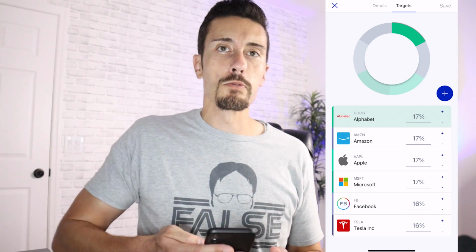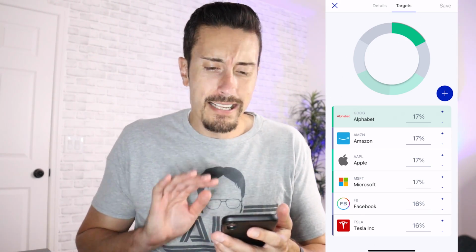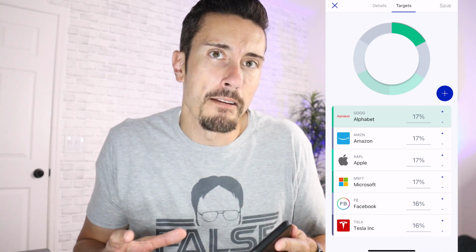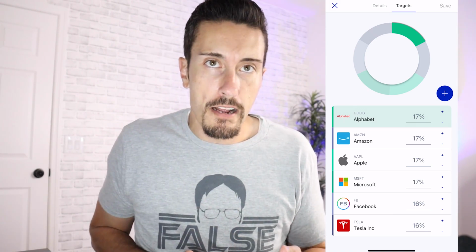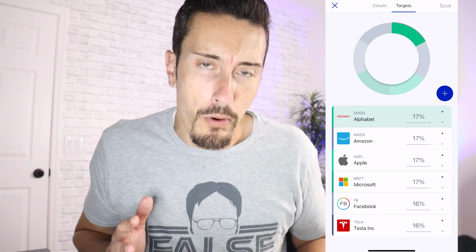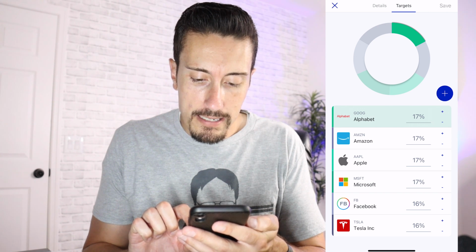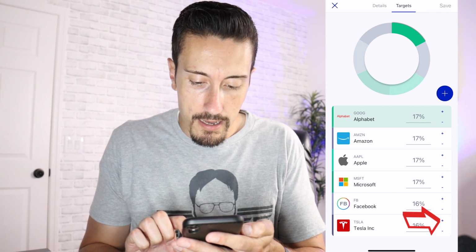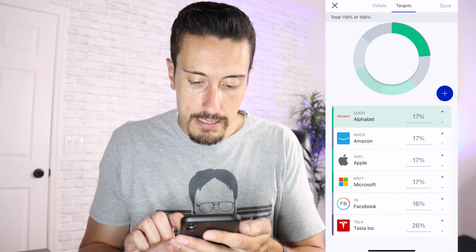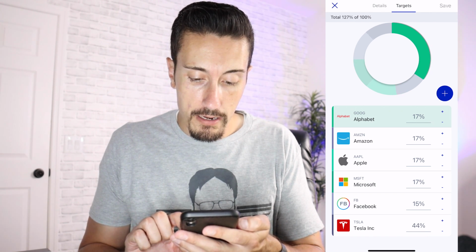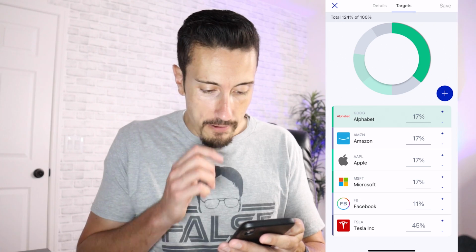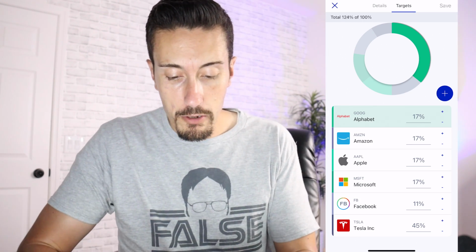Now, let's say I was really more interested in Tesla. I said, hey, in my big tech pie, I want to put more of my money toward Tesla than I do one of these other clowns in this portfolio. Well, I can then click on the plus sign right at the bottom where it says Tesla and increase that percentage. You see what I'm doing now? Let's say in this pie, I want to go to 45% on Tesla. Whoops. 45%. I know I messed up Facebook there a little bit too, but okay, so I got 45% on Tesla,